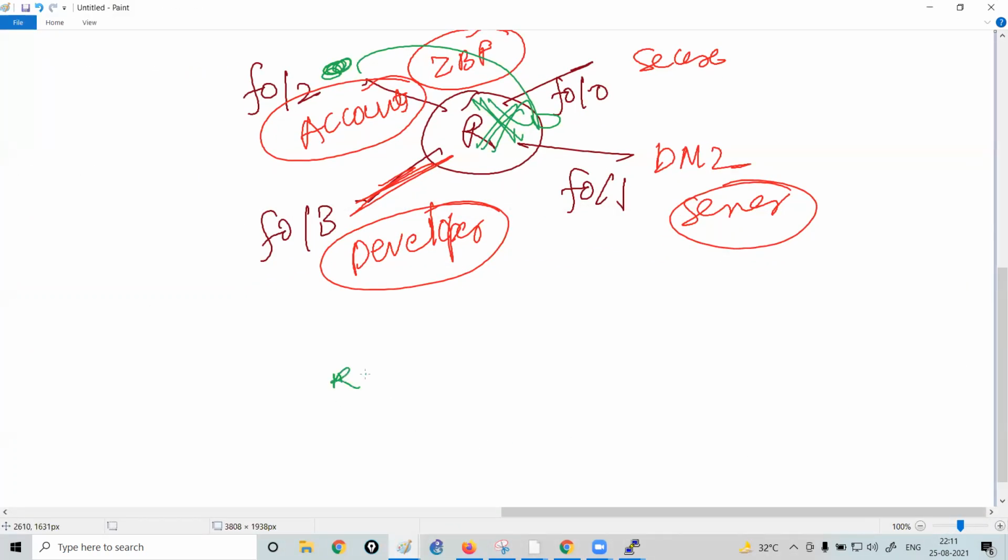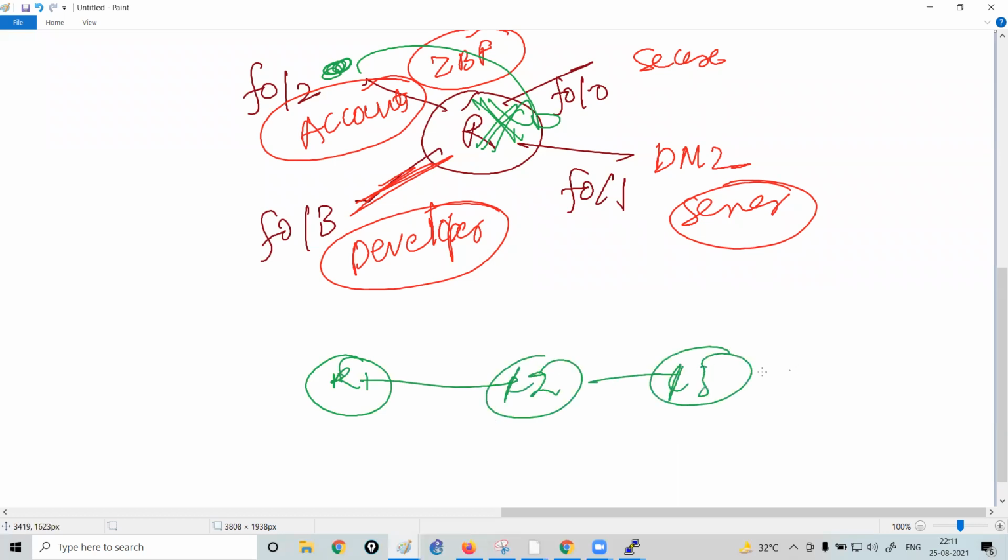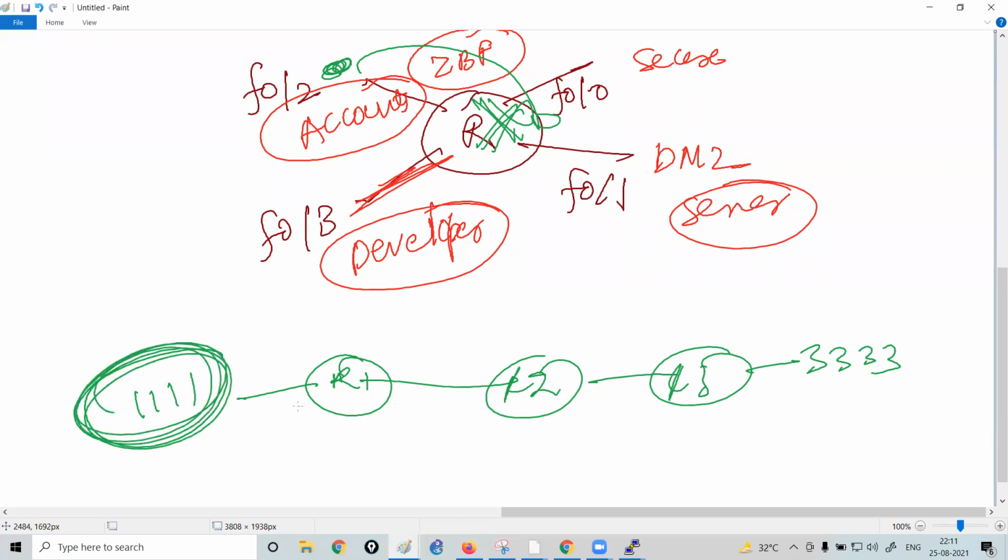So on router R2, that's my topology. R1 is there, R2 is there, R3 is there. The R3 is configured with the loopback address 3.3.3.3. This is configured with 1.1.1.1. I want whenever traffic passes from 1.1.1.1 to 3.3.3.3, the zone-based firewall should inspect the traffic.